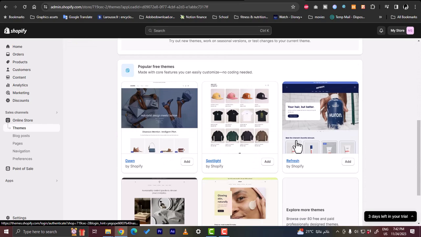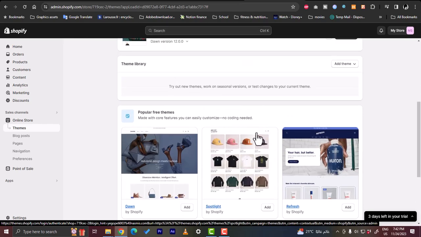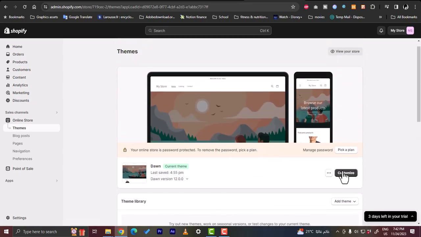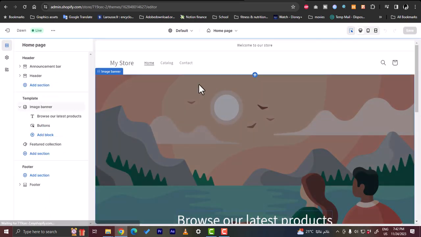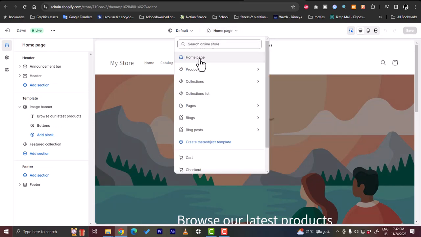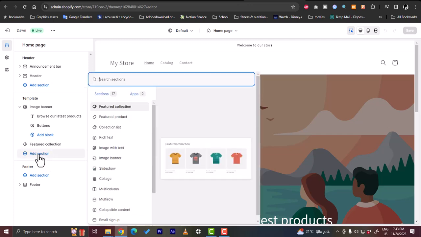However, you can select any of the popular themes on Shopify, and the process will be pretty much the same. So we'll go here to customize the theme, and make sure from the pages on the top here that we are on the home page selected, and here you want to add a section in the template. You want to add here a section, and here you should find an option to add a review carousel